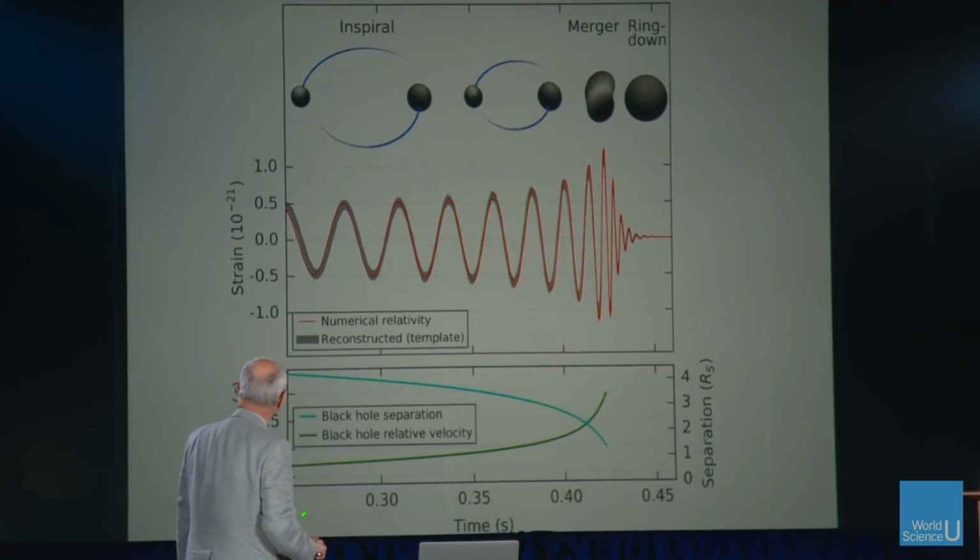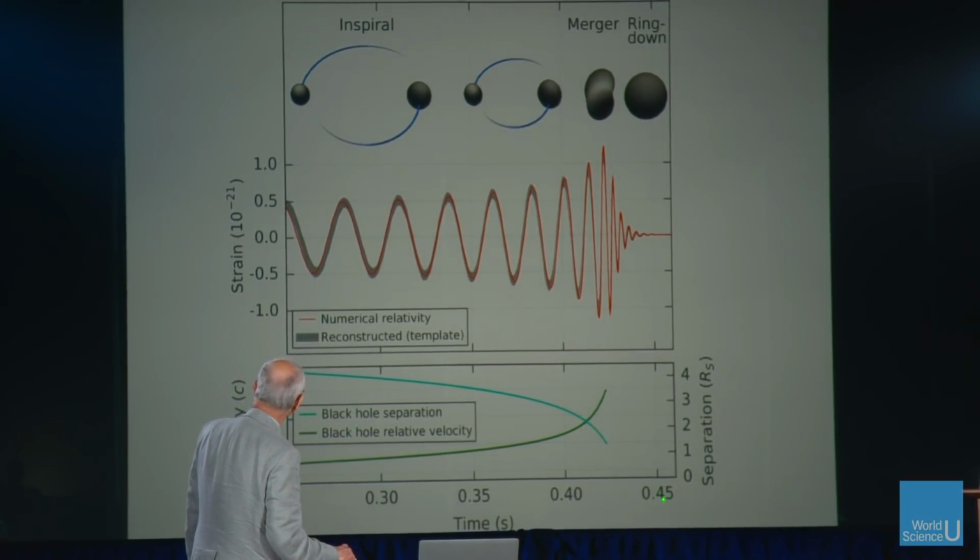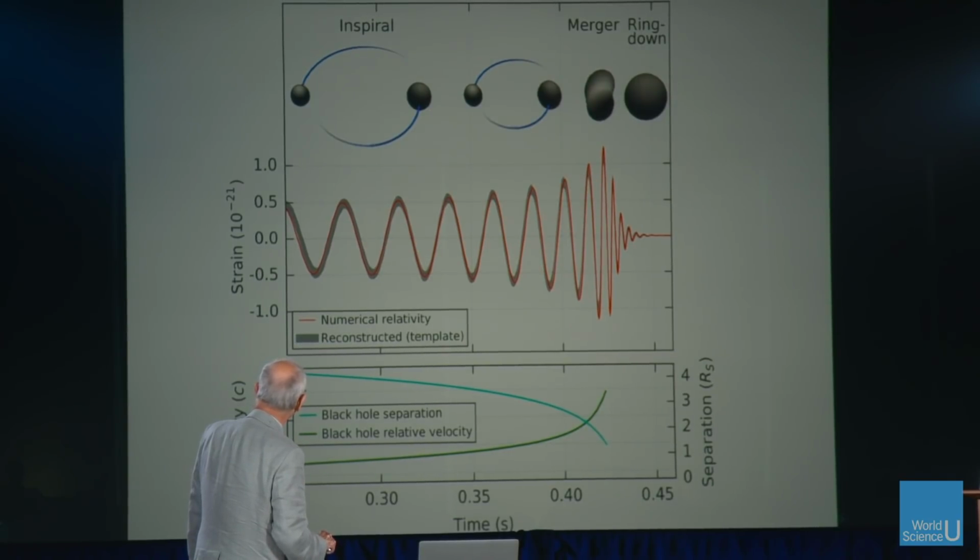So here's a sort of a wow number that goes with this. This is the time again for this collision, and here's the relative velocity in velocities of light, and you can see that in the green curve here. So here are two things, the size of 30 times the mass of the sun going at about 0.6 of the velocity of light. That's sort of amazing. And then here's their separation. That's given on this axis here. And they're getting closer and closer. That was really an enormous discovery.